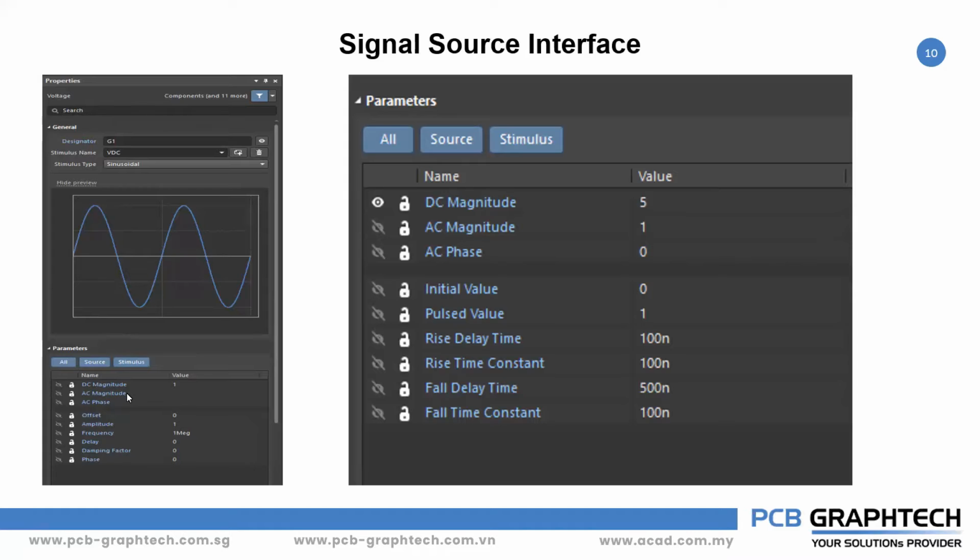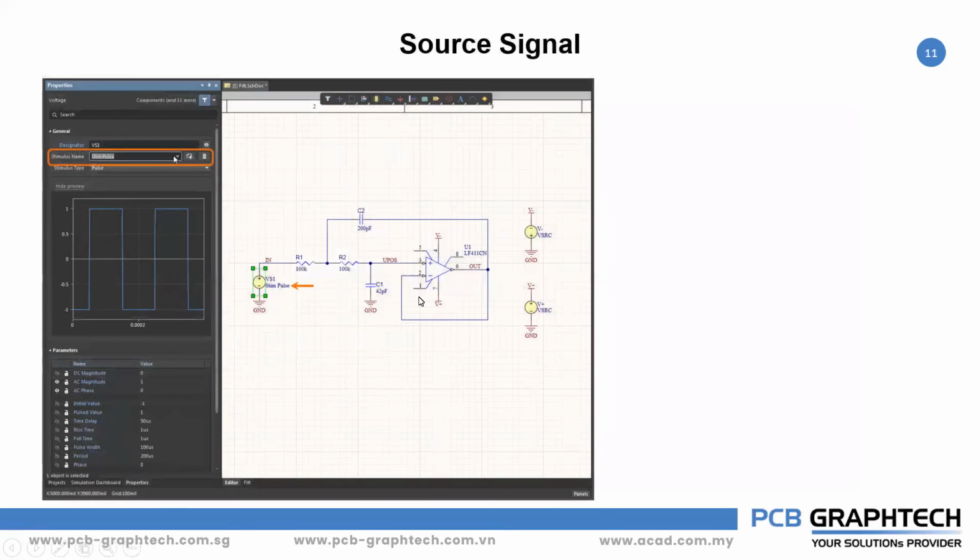Okay, the DC amplitude, AC amplitude, you can see the maximum amplitude. The parameter list will be fixed, but you can change the values of the maximum amplitude and of the frequency. So the parameters initially change based on the input source. For a DC source, the parameter list will be different. If you are using a sinusoidal source, the parameter list will be different. If you're using an exponential source, the parameter list will be different. So it will be something different like this.